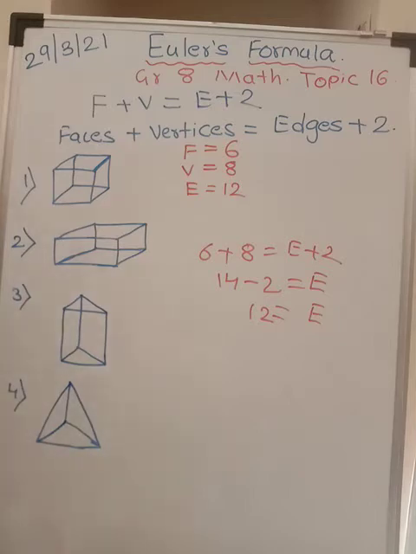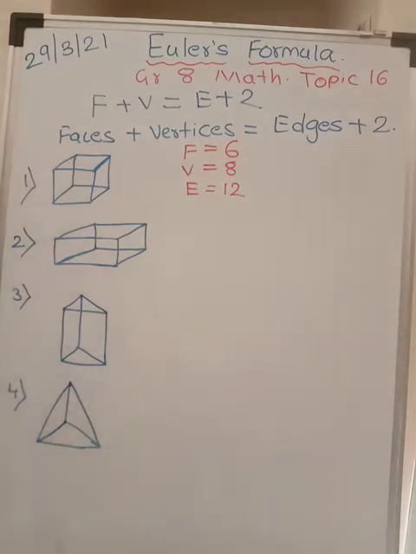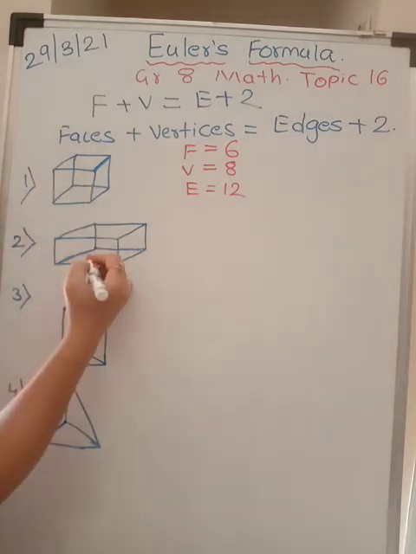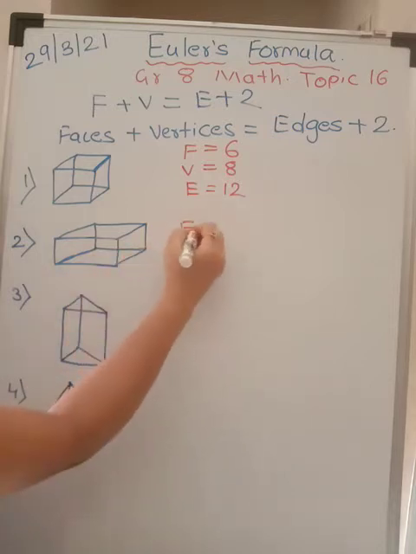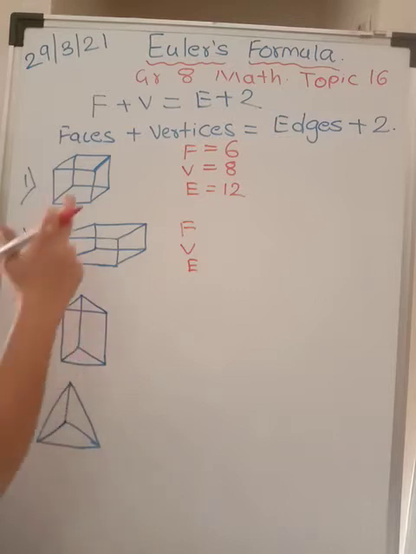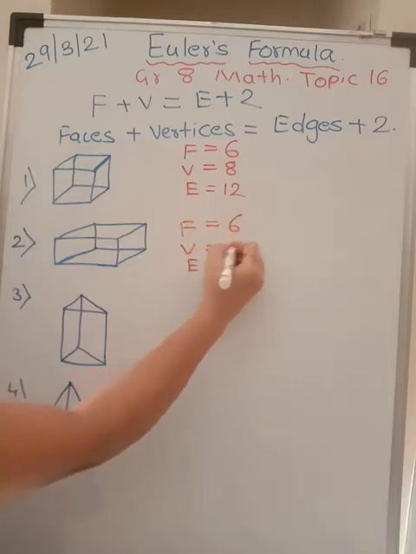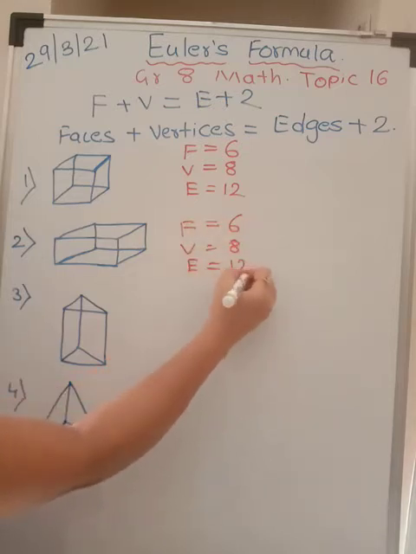Okay. So in your notebook on page number 113, you have one table which is given to write faces, vertices and number of edges. So let us do it quickly. This is cube, this is cuboid. Let us say F, V and E. This will be the same for both cube and cuboid, because both have 6 faces and 8 vertices. So this also will be 6, this will be 8 and edges will be 12.